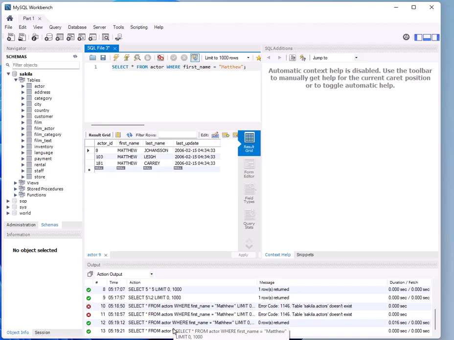And when you try to select and return the rows, if you get 0 rows returned, it just means that maybe the first name spelling was wrong. I corrected it and it returned 3 rows. Now we have first name is Matthew, last name here is